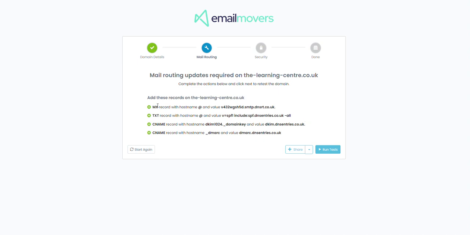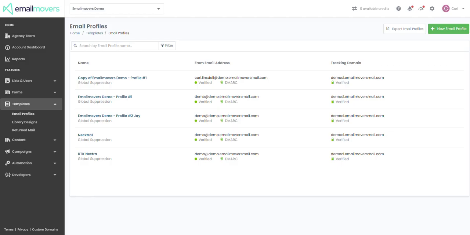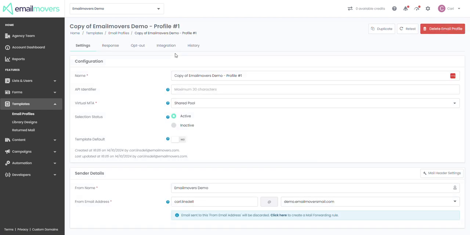But eventually, assuming that you've added all of these to your DNS records successfully, you'll come to Run Tests and it will pick it up and say that it's been successfully added, and you just click Save, and it's as simple as that. What we'll do is we'll just go back a step, back into email profiles. We'll click back into this one that we were creating,